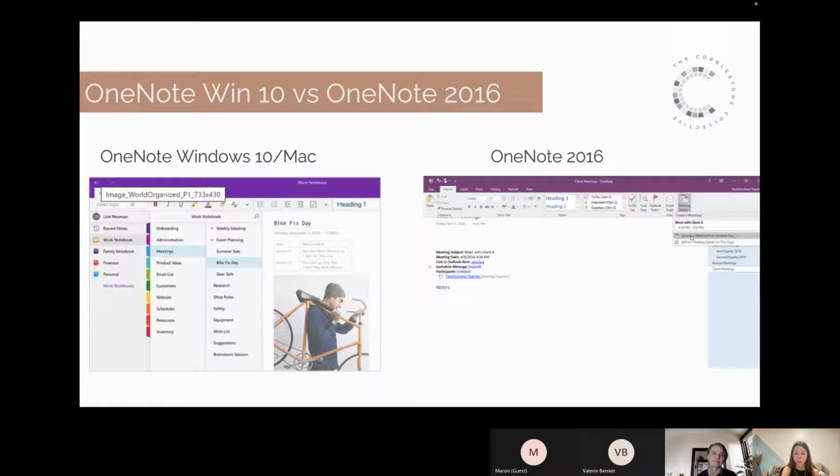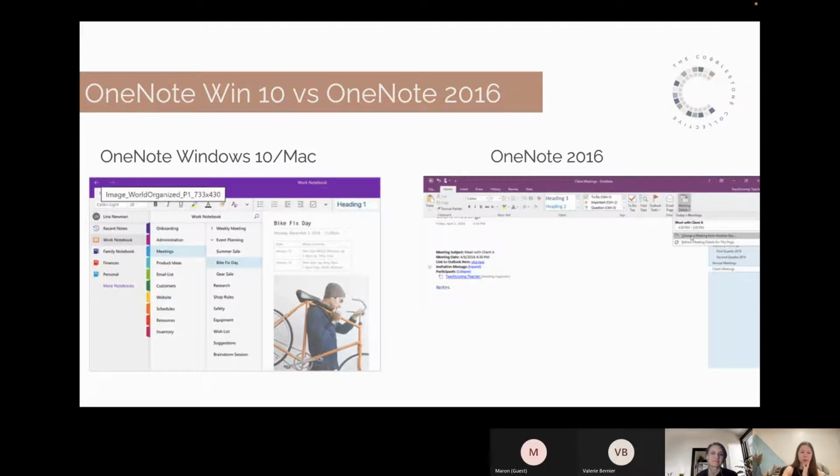So if you're an educator that's working sometimes on one computer and then you work on a different computer at home, and then sometimes you've got a class iPad, for example, that you're using for literacy stations, you won't necessarily see everything appearing across all of the devices if you're working in OneNote 2016. If you're using an iPad, if you're using a mobile device, or if you're using a Windows or a Mac, you can actually go with that regular OneNote app,